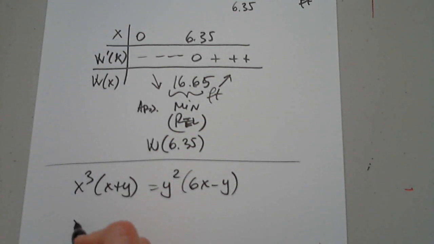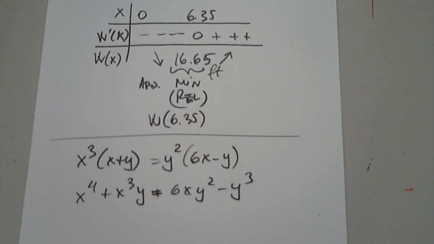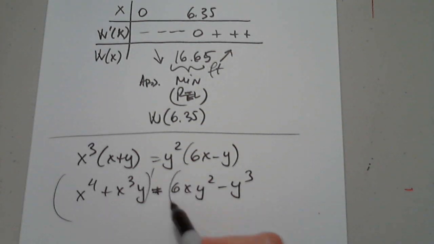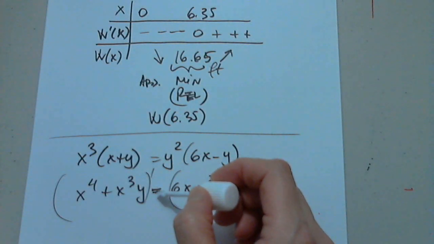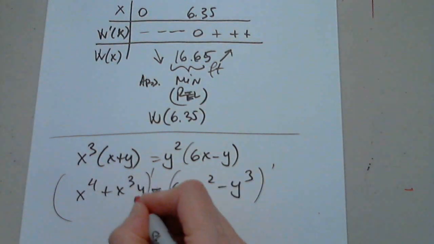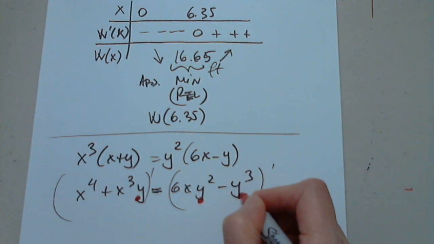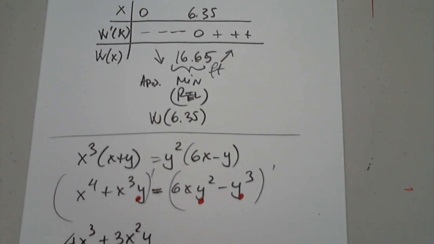Distribute x to the fourth plus x to the third y equals 6xy squared minus y cubed. And when I differentiate, I make sure that I keep in mind that y is a function of x. If you have any difficulties with that, put a little dot underneath it so you don't forget. So this is 4x to the third plus 3x squared y plus x cubed times dy